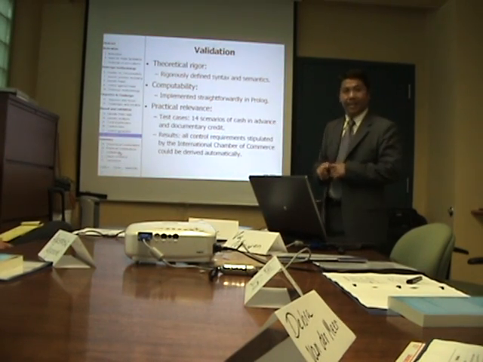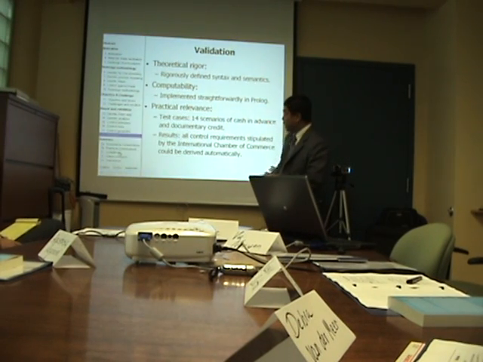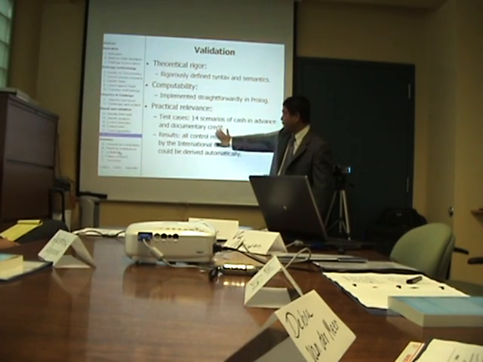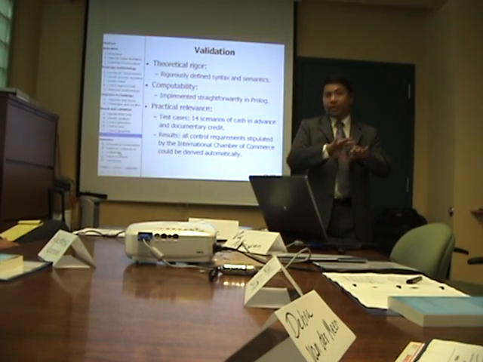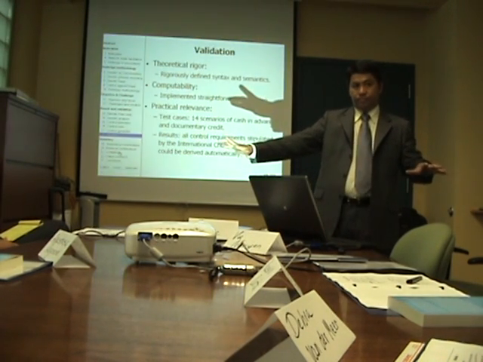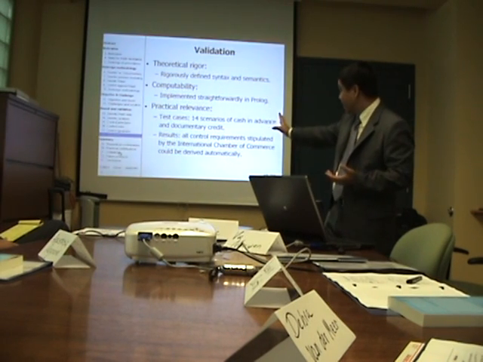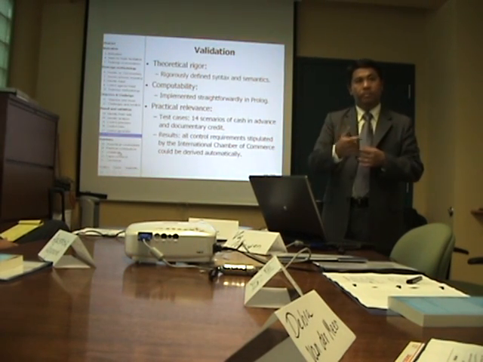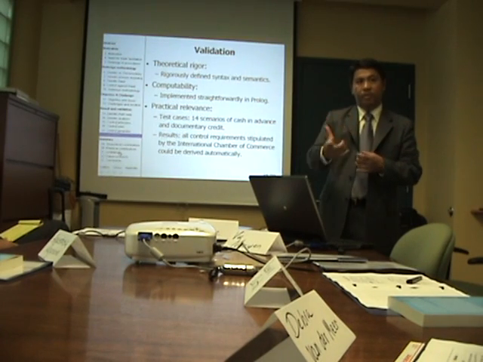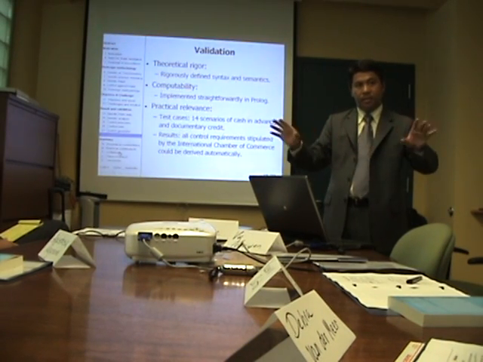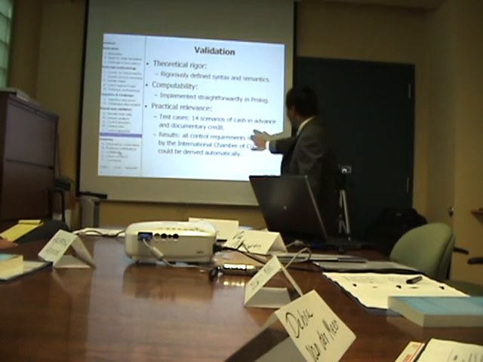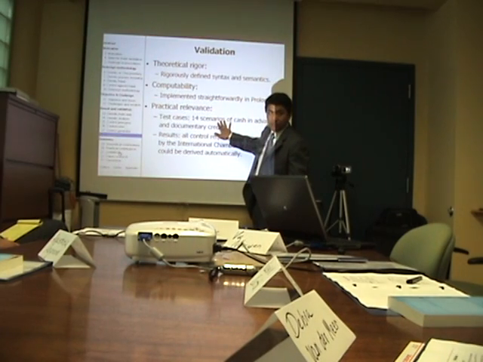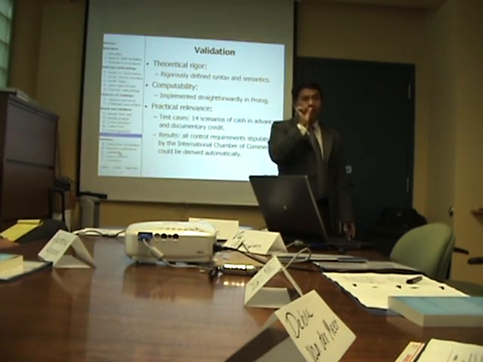Okay. Yeah, let me explain again. Maybe I'm not clear enough. So for the test cases here, I use two international payment procedures: cash in advance and documentary credit. For one procedure, there are very many different scenarios. The procedure may be documentary credit, for instance. You may have a confirmed documentary credit. You may have a non-confirmed documentary credit, and so forth. There are different situations or different specific cases, right? And I come up with the specific cases in 14 scenarios. Each scenario is a specific situation.